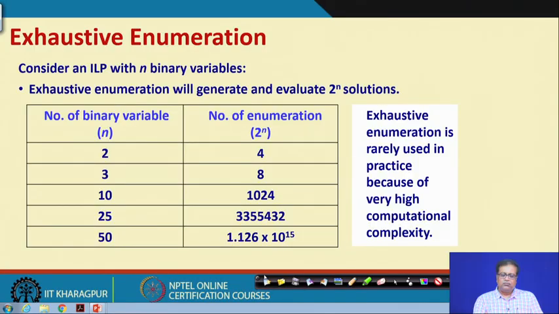So, exhaustive enumeration or a kind of brute search is a method, but not always applicable, because it makes the problem computationally so large, so complex that we simply cannot think about it. We must have an efficient method, right. And one such efficient method is branch and bound. But before going to branch and bound, let us see one more example.